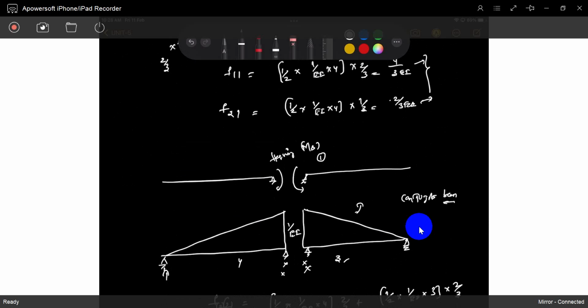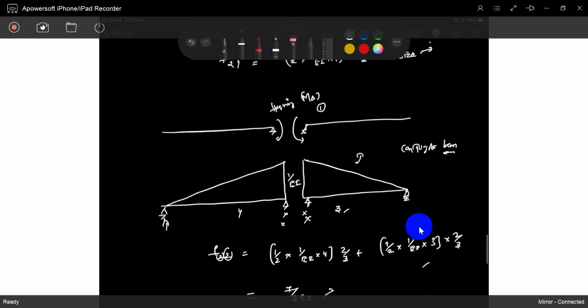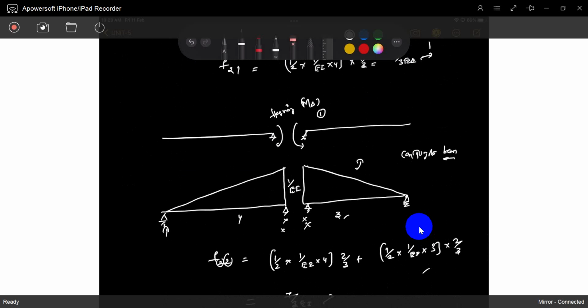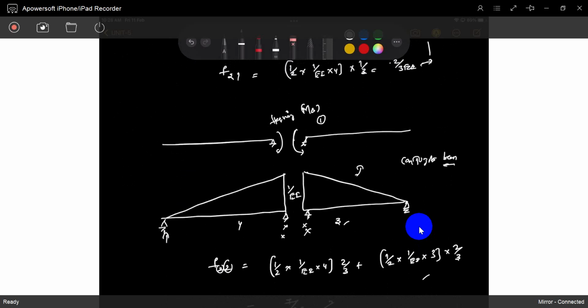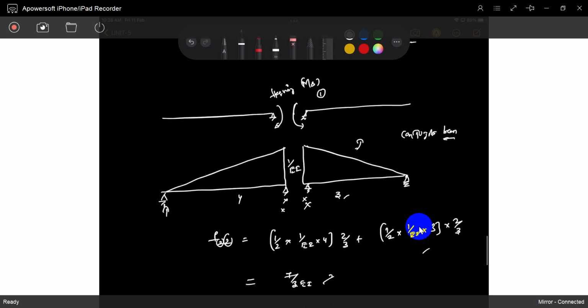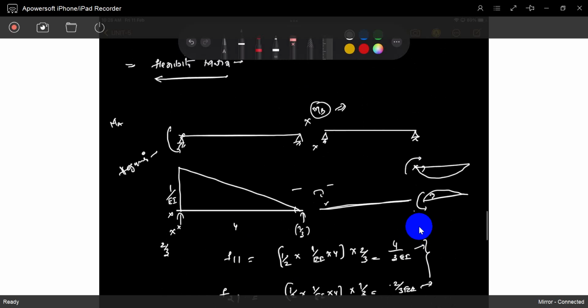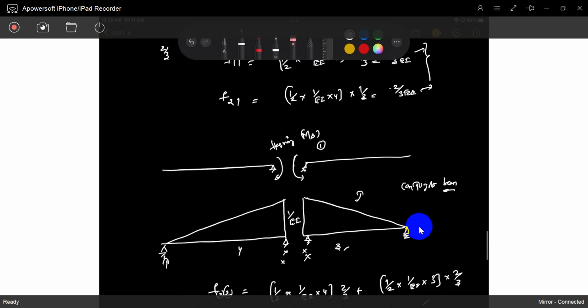No change at all. The stiffness matrix doesn't change. I said the deformation will come only in the direction of that force. If you take hogging as a positive, stiffness is the same. If you take hogging as positive, we see in which direction the deformation is happening. So deformation will happen